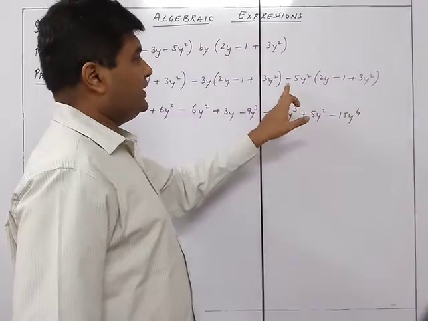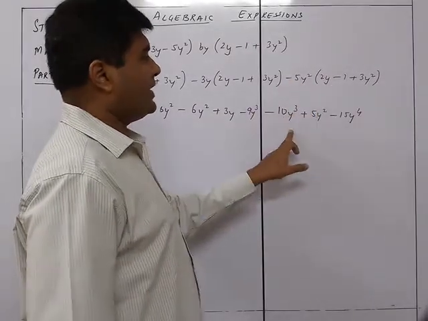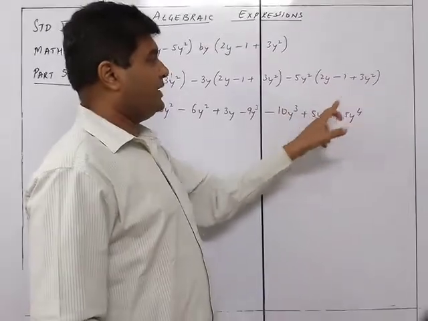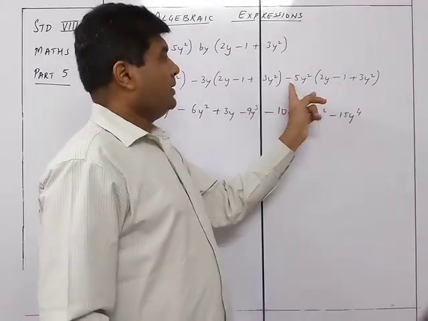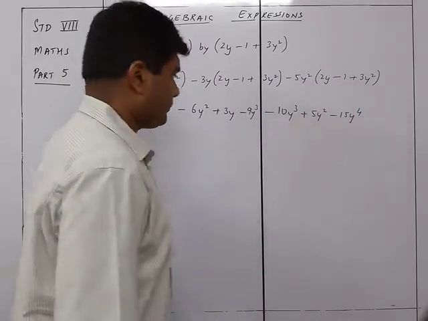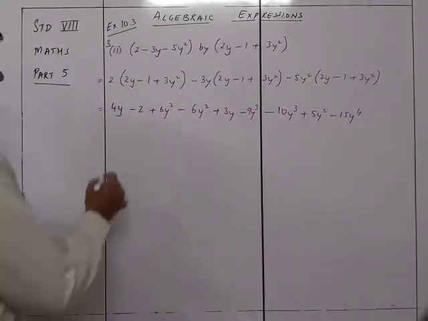Minus 5 into 2 is minus 10, and y square into y is y cube. Minus 5 into minus 1 is 5, y square into 1 is y square. Minus 5 into 3 is minus 15, y square into y square is y raised to 4. Taking the like terms together,